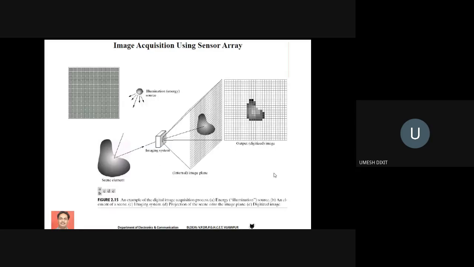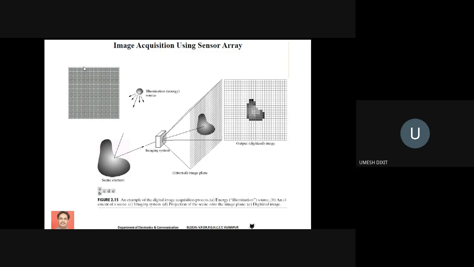The next we have image sensing by using sensor array. So this diagram, which I am showing you by means of pointer, is called a sensor array. In this case, we are going to use a large number of sensors which are arranged in matrix fashion. So at a time, you will be able to capture the complete image by using this kind of sensor arrangement. Okay. So this kind of sensor arrangement is called a sensor array. By using a sensor array, it is possible to capture the entire image at a time.